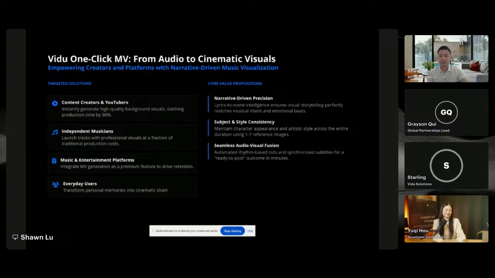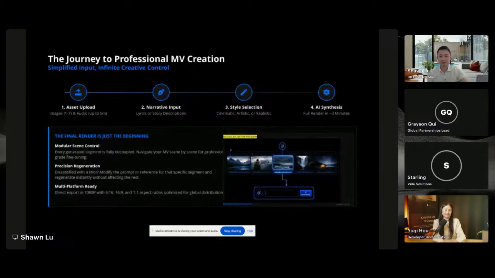Thanks, Sean. Should we go to the next page? I want to showcase the user journey so people can understand how this could bring value to their day-to-day life. So we have this idea of using AI to generate MV just through a few clicks. So imagine now you have a song and you feel like, I really want this song to express a feeling and I want to be the character in this MV. Or maybe this song is about campers, or maybe in my demo it's about a cat. So it is a song about a cat.